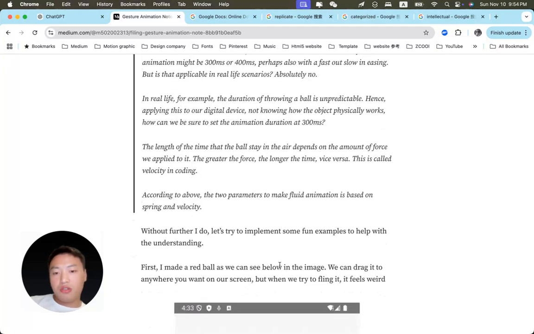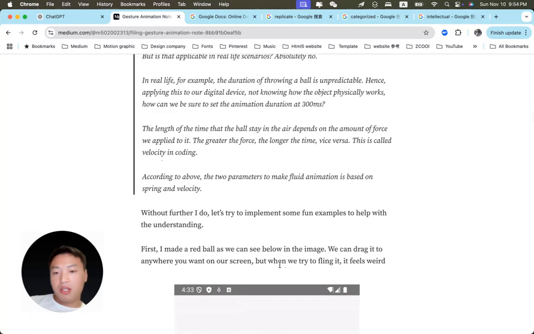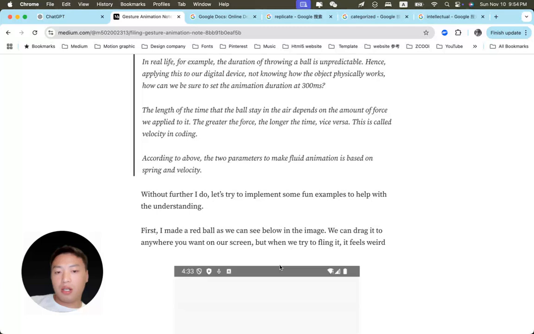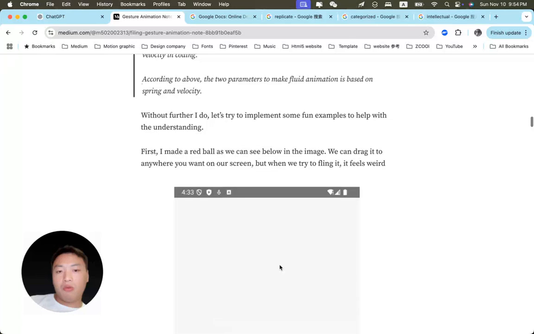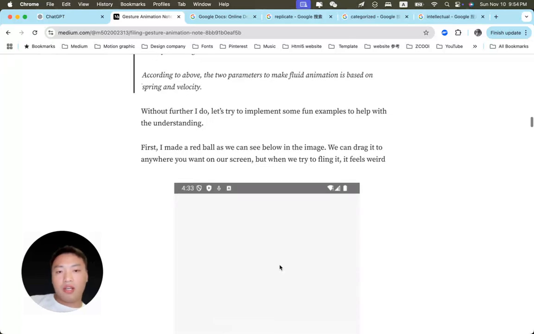Without further ado, let's try to implement some fun examples to help with the understanding. First, I made the red ball as we see below in the main image. We can drag it anywhere on our screen. But when we try to fling it, it feels